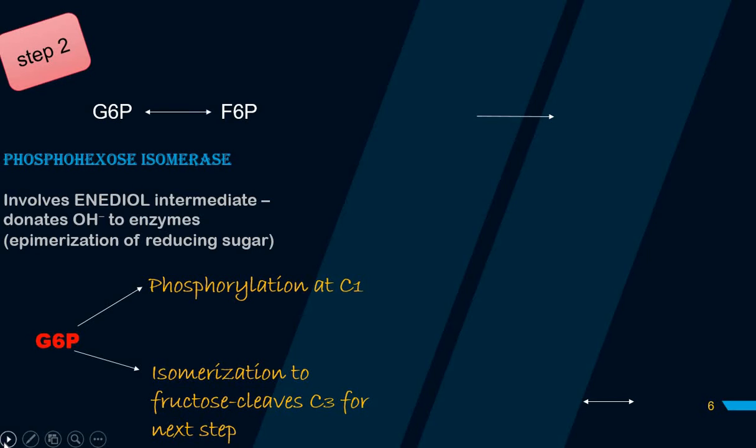And what is the importance of glucose 6-phosphate? Phosphorylation at C1 occurs so that glucose 6-phosphate is converted to fructose 6-phosphate. இப்படி isomer ஆகுறதுனால third carbon ஓட bond cleave ஆகுது. That cleaving will be helpful in the further steps. And in this step, the total free energy liberated is minus 1.67 kilojoule per mole. Idhula the free energy is mostly equal to 0, which means the reaction can be reversible under equilibrium condition.